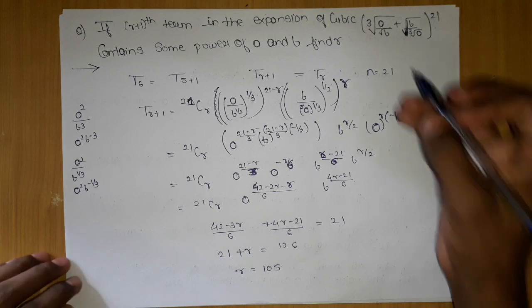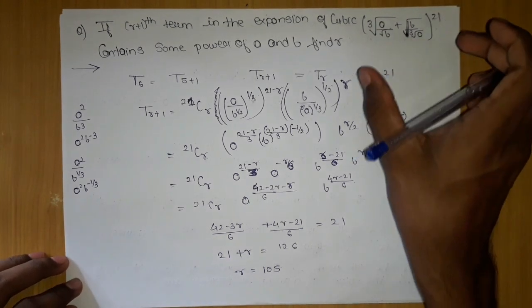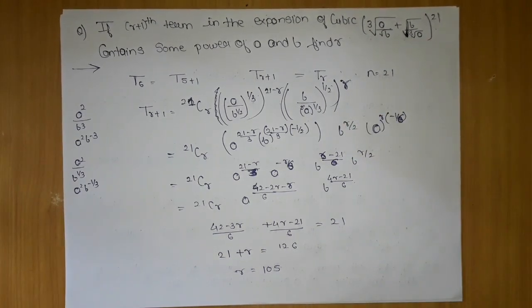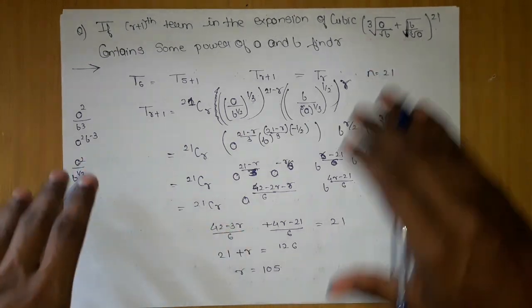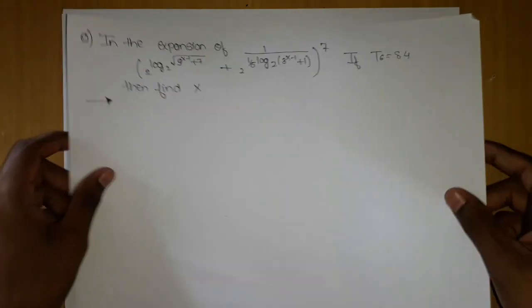Mostly children get confused with this power. Seeing this irrational power, they get confused mostly. So for that reason we have taken this question, and we are going to take some more questions of this type, because it will make you a little bit comfortable. If you start understanding this type of difficult problem, then when you solve the problem sets of your institutes, it will be easy for you.